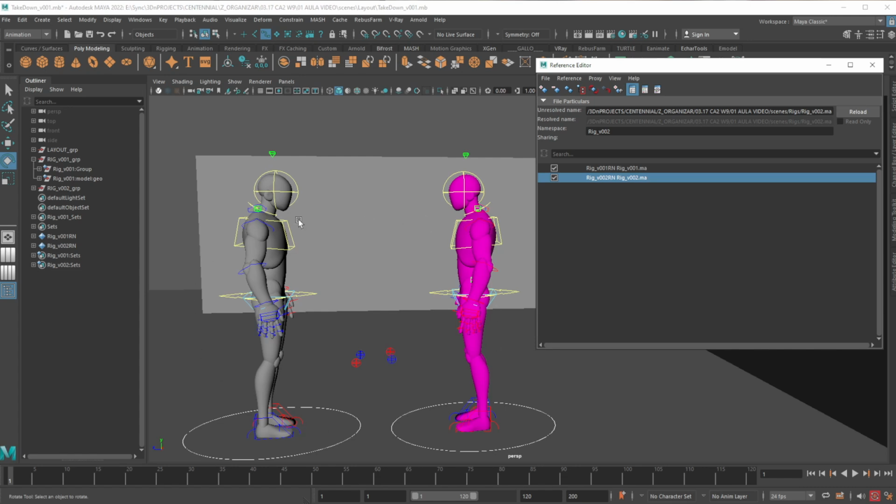You don't lose, you don't waste your work. It's time saving for everyone. And this is absolutely common. Like all studios work this way. All studios work in a way that the modeling and rigging and animation and even departments after animation, like you're